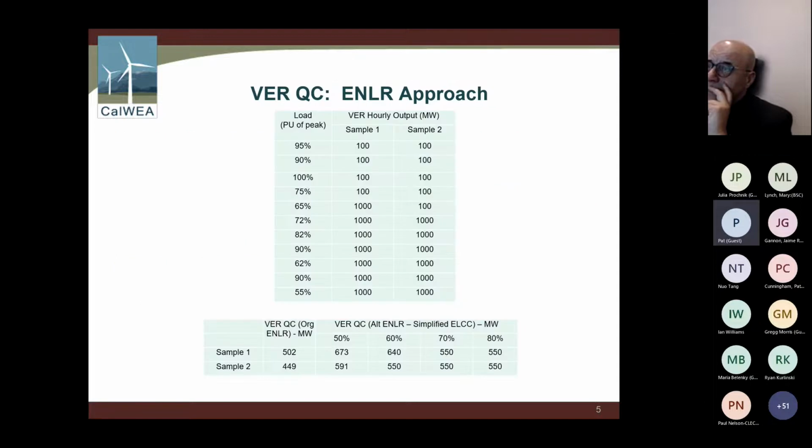So if we apply the ENLR approach, the original approach for these two shows us very limited, some difference between the two cases, which is more reasonable. And if we go based on,